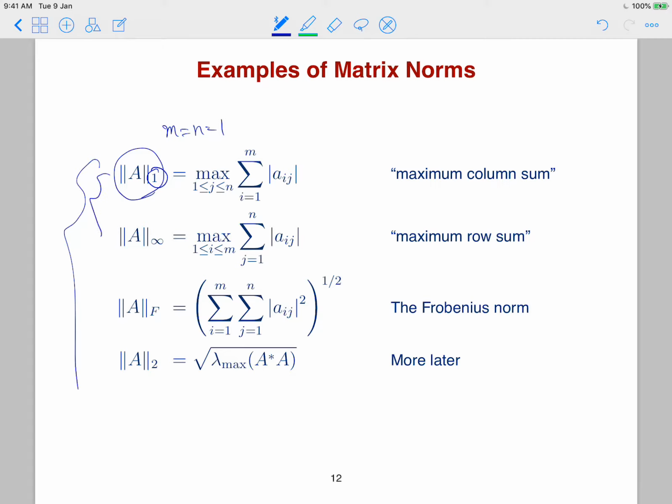Okay, and then you can actually study on your own to understand the first two relationships. What if we use an L1 norm or an L infinity norm for our matrix induced norm? Okay, so